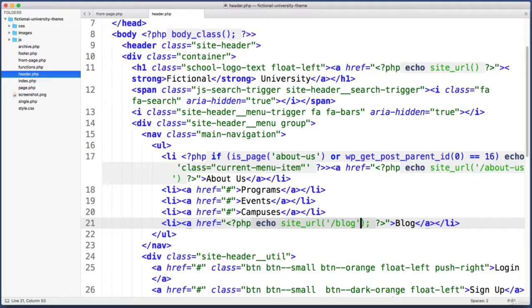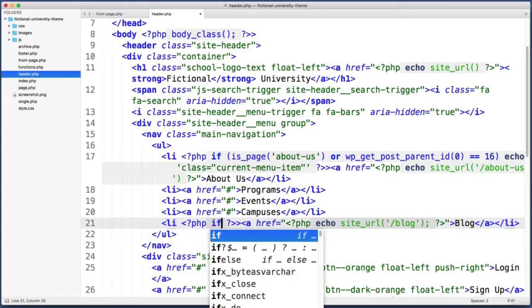So back in our text editor, remember to make that happen for the About Us link, we just wrote an if statement to say that if the page you're currently on is About Us, or if the current page has a parent of About Us, then echo out a little bit of HTML that assigns this class, and that will make the link turn yellow. So we just want to do something similar for this blog list item. So within this opening li tag, after the I and before the greater than symbol, let's drop into PHP, and